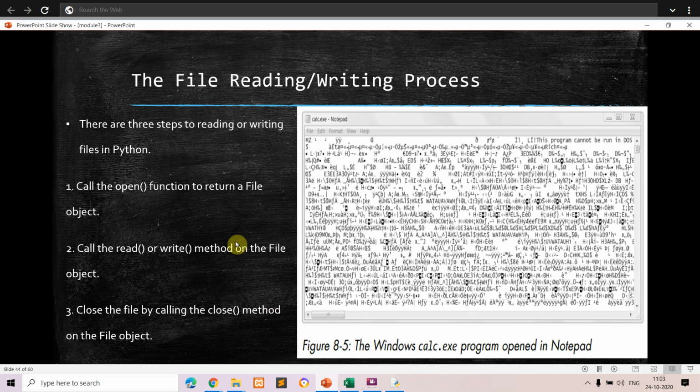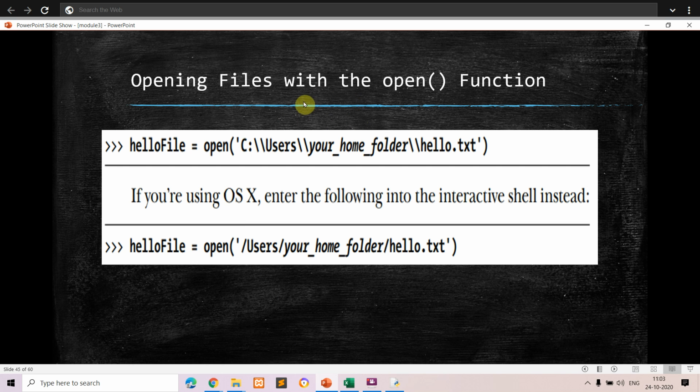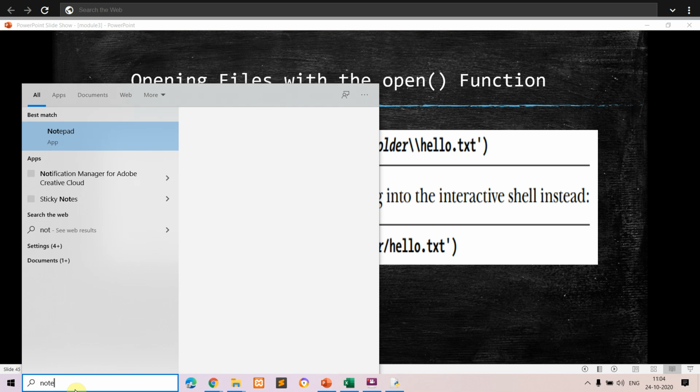So you can see opening a file with the open function. This is an example in your Windows. You give open followed by the path. Your home folder is your current working directory, and inside that, hello.txt. This hello.txt you're going to create using your Notepad. Using Notepad you create hello.txt in a particular path. So Notepad you can open,